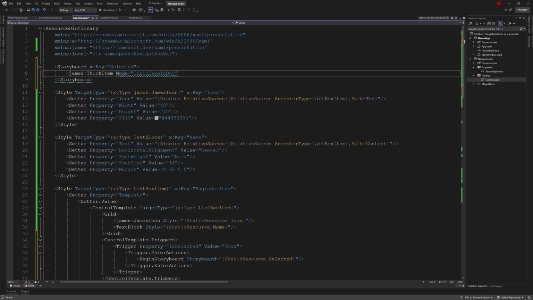Here we choose CubicEase. Here we need to use a target name, but we should ideally add an x:Name below, but no worries. Let's just write it here for now, and we call it icon. In time for half a second. Property margin to -80.